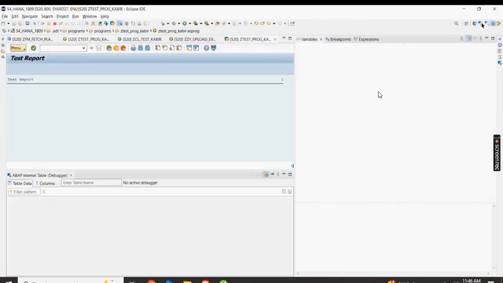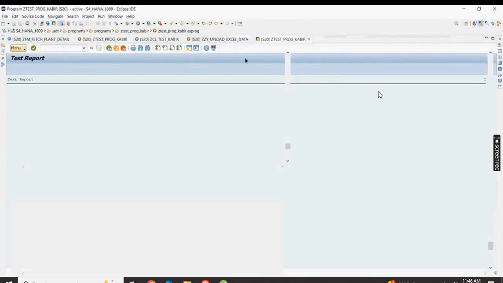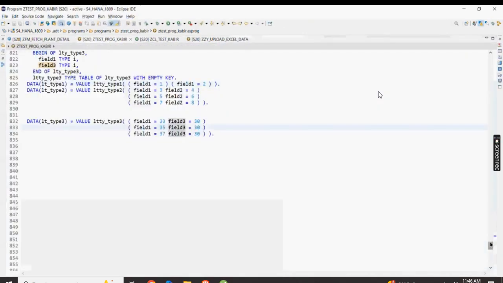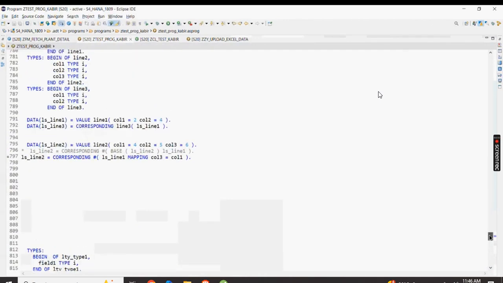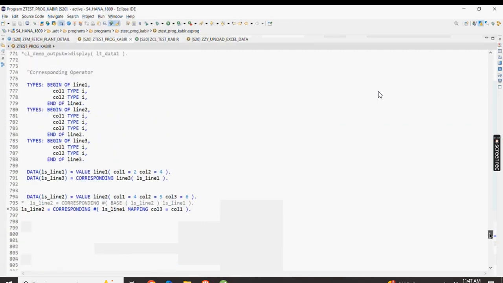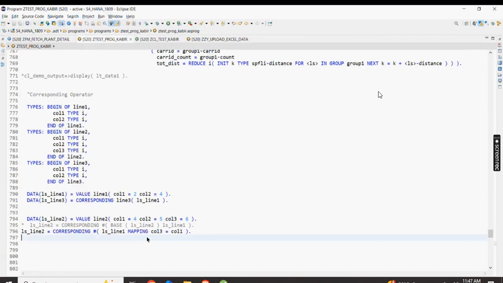Let me do an F8. Let me come out of the debugger. Yep. So now let me add one more twist. What if I do not want to map column 3? So if I write this statement,